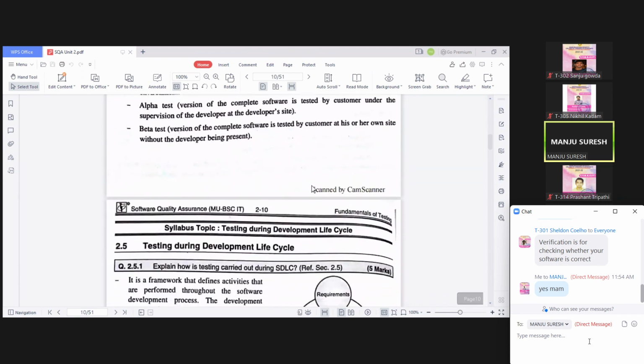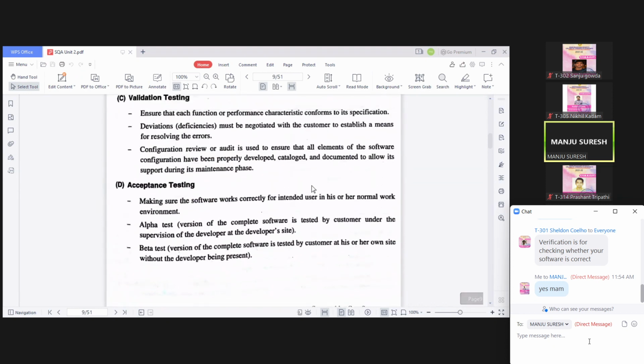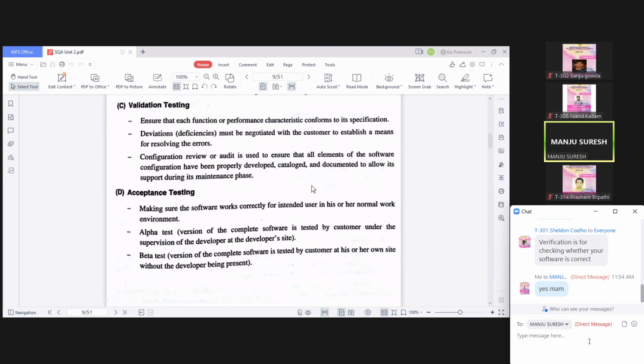Hope this is clear. Even the validation part is clear. Validation and verification are almost the same. They come under the same category, but sometimes we get a doubt about what validation is, what verification is, whether they are the same or not. Such doubts are obvious to come, but you have to be clear with the concept. That's all.